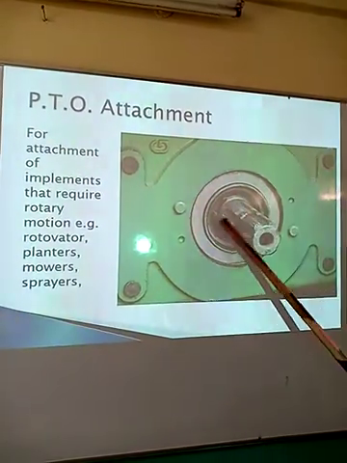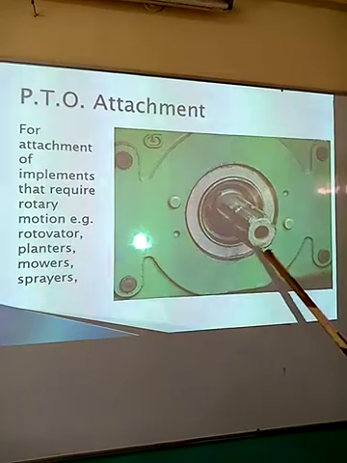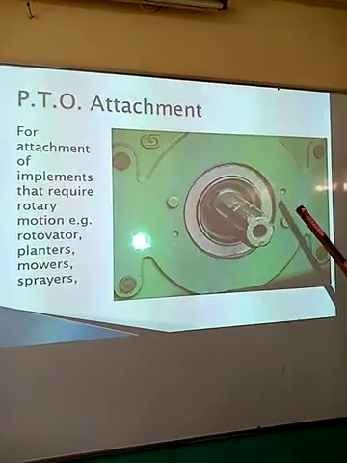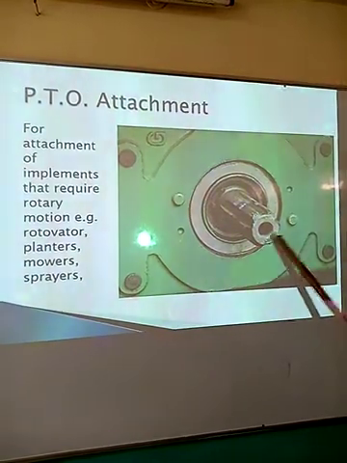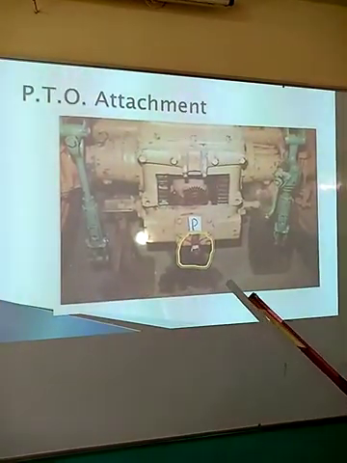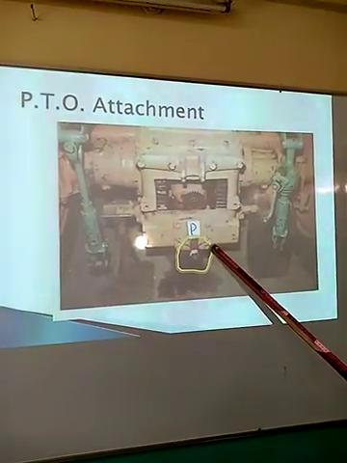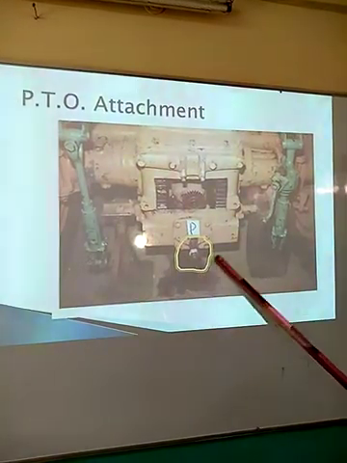They must be attached to the PTO shaft, so we call it PTO attachment. And remember, as we said earlier, all implements that are attached to the PTO must also be attached to the 3-point linkages. So the PTO shaft is found usually behind the tractor, the one I've circled there with the yellow,